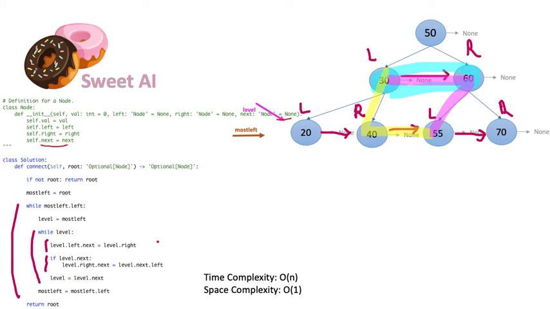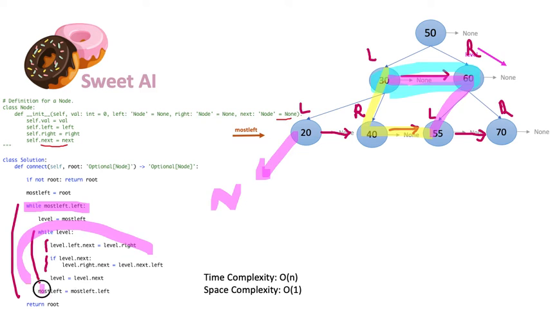Actually, we are not going to move this pointer to this one until we check this condition. It says while most.left, is there any left here? So it's none, so we are not going to go through this while loop at all,